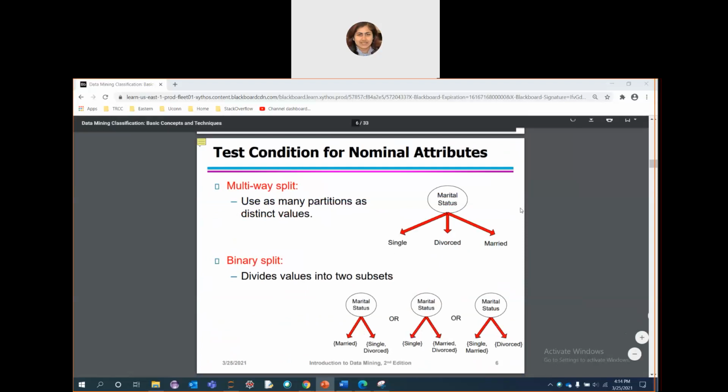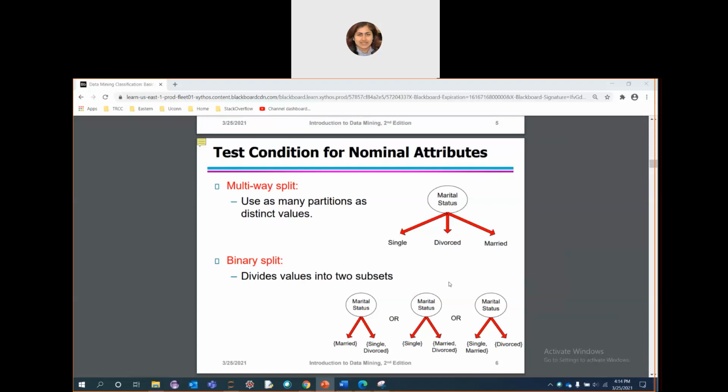First, in the first figure, multi-way split. The number of outcomes depends on the number of distinct values for the corresponding attribute. For example, if an attribute such as marital status has three distinct values such as single, divorced and married, then its test condition will produce a three-way split. Then it is also possible next to create a binary split by partitioning all the values taken by the nominal